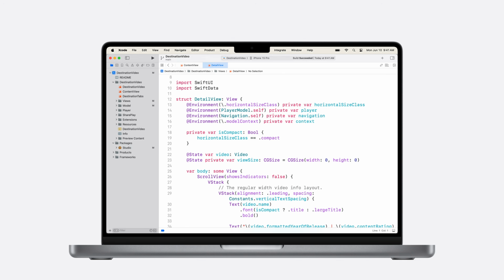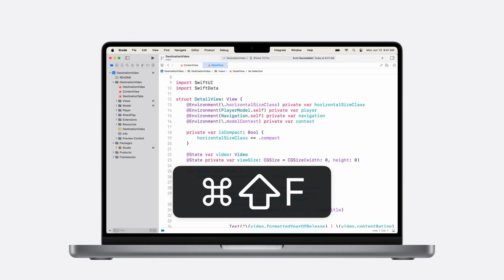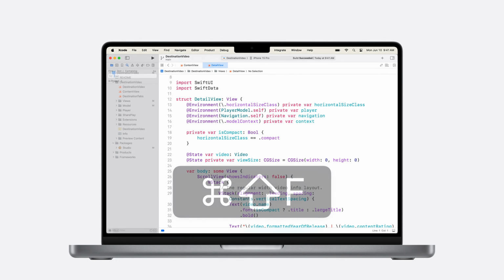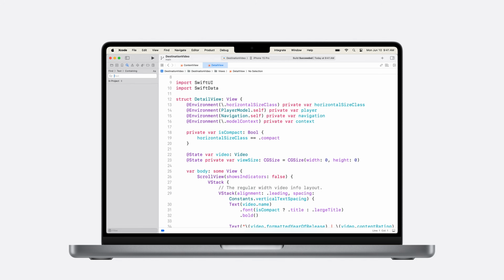Filtering is great if you actually know the file name, but what if you can't remember what the file is called? I know, that doesn't happen to me either. Let's just pretend. In this situation, I recommend Xcode's Find Navigator. Command-Shift-F will take you there. The Find Navigator allows you to search across your entire project.